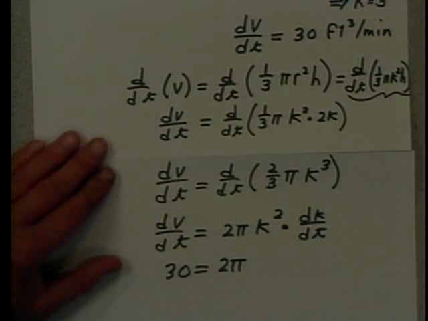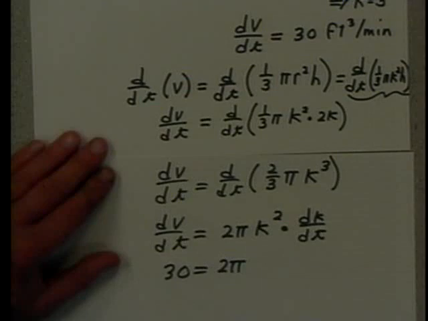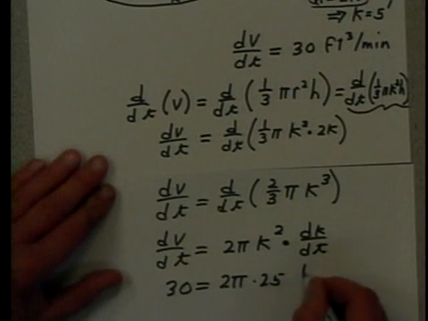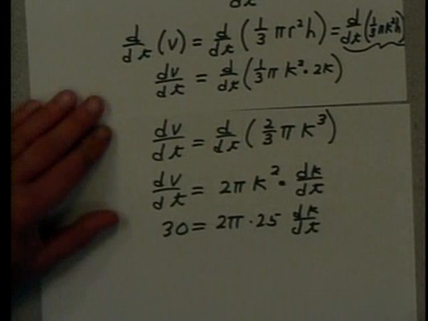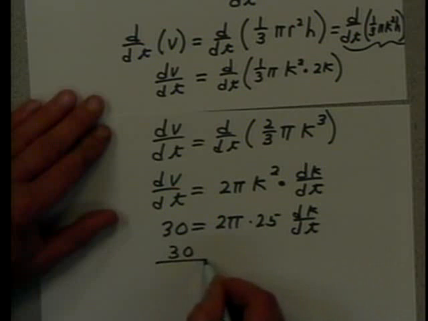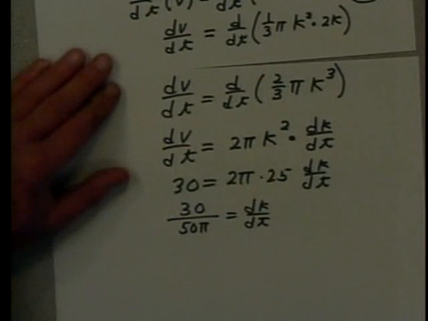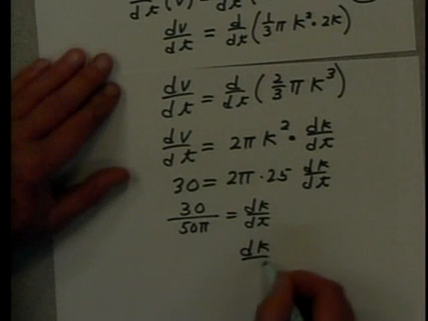What do I put in for k squared? 25. Okay, 25, and that's dk/dt, right? So what do I end up with? 30 divided by 50 pi. And if I reduce that,